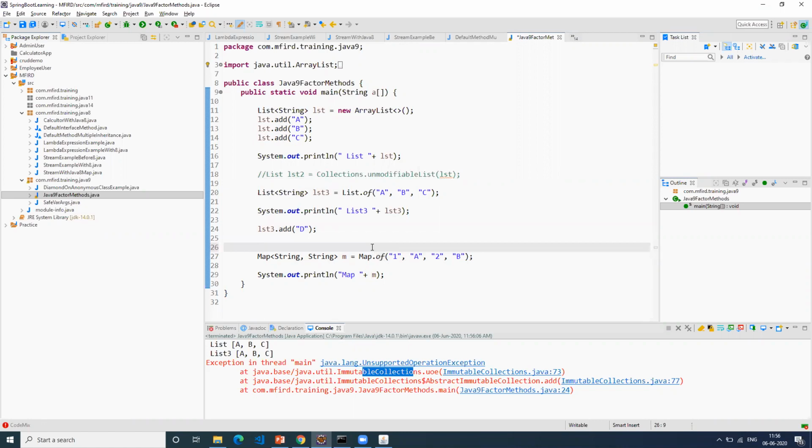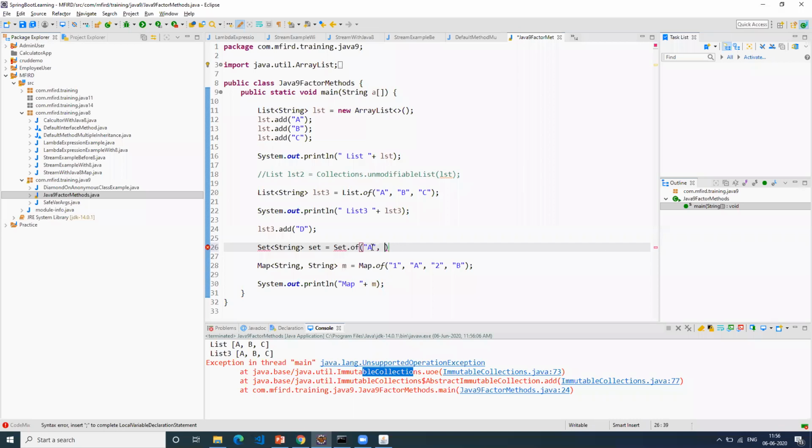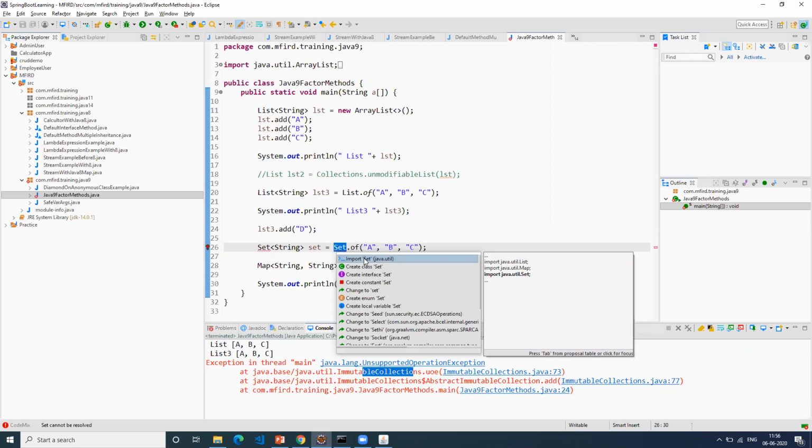Okay. Now same thing if I want to do for set. I'll do for set. Set.of. We pass A, B, and C. I don't have the import for this, I think.